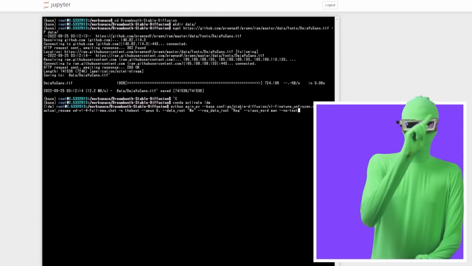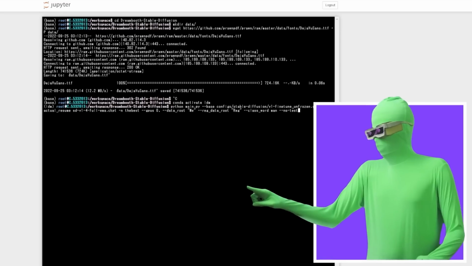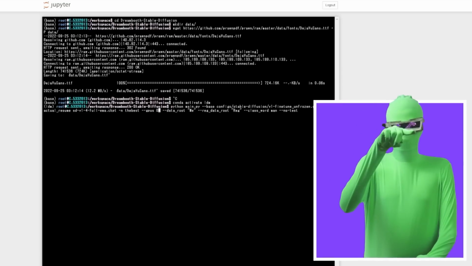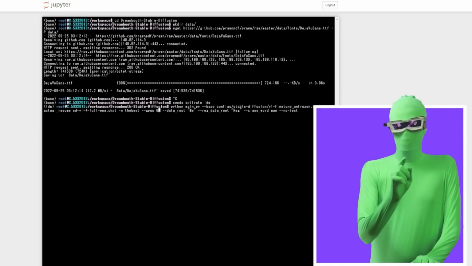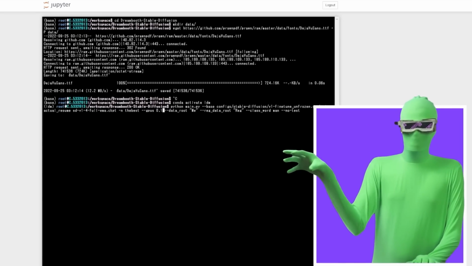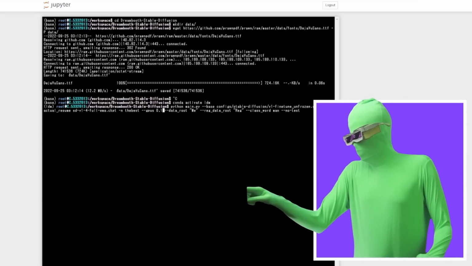A few things to note. If you've got a system with more than one GPU, you want to adjust the numbers that you see here. You see that this says GPUs 0. 0 is the first GPU in the system, so you're going to want to add 1 if you have 2 GPUs. The machine that I gained access to has 2 GPUs, so I want it to be on 0 and 1.